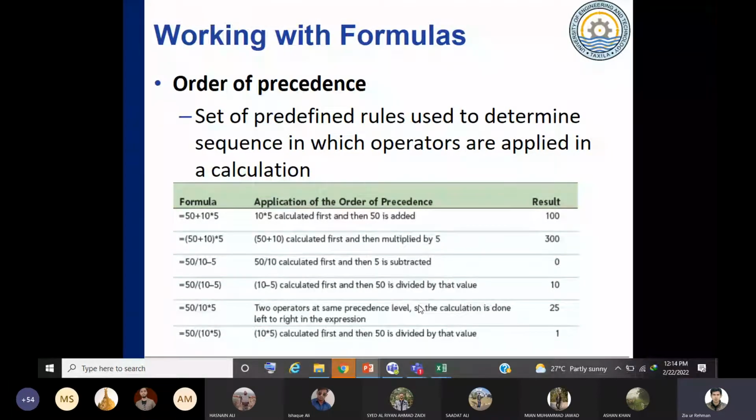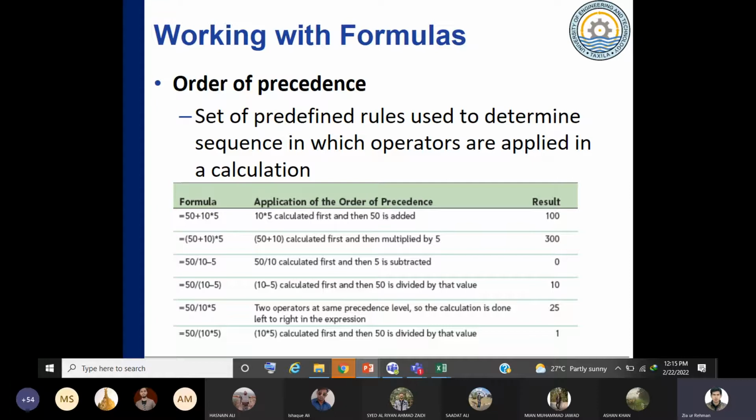I hope that from basic mathematics you have this idea, this concept, and you could make the logic of which operator would come first and what the precedence is. Obviously, multiplication and division are the first precedence, first order operators. Addition and subtraction are the second order operators. And if you have two operators of the same precedence or same order, then in a mathematical formula you go from left to right. So whatever operator you have on the left would be in the first order, and then you would move toward the second.